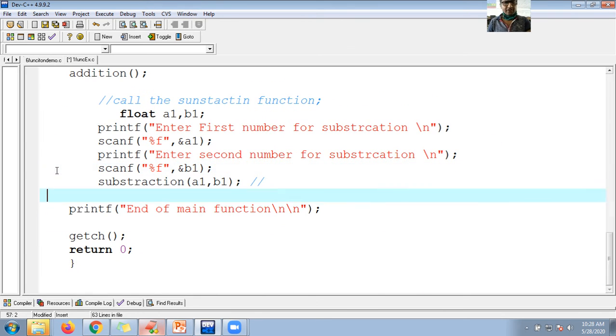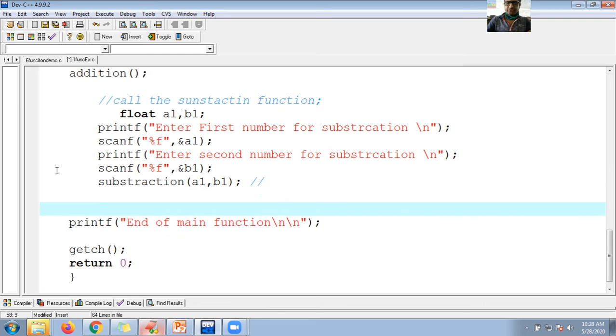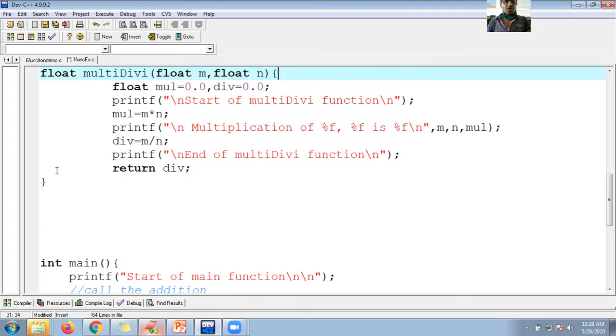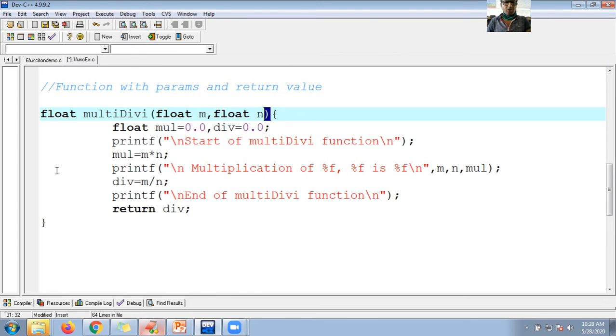So let me call that function, guys. So printf, now here calling multi-div function, backslash n. Okay, fine. So how do I call, guys? Tell me. I need to take the signature as it is.